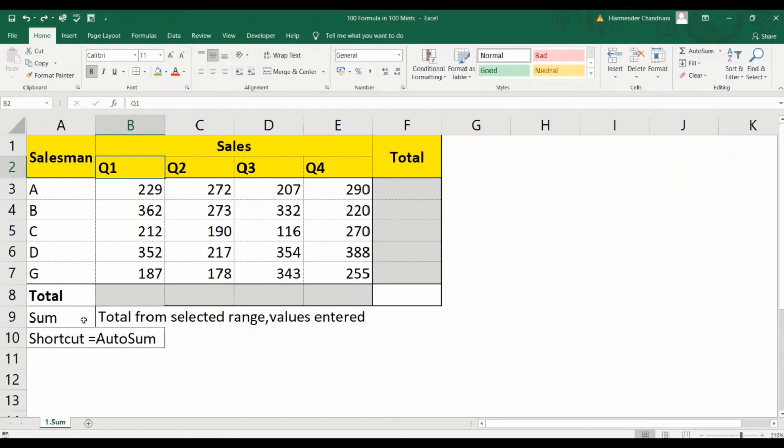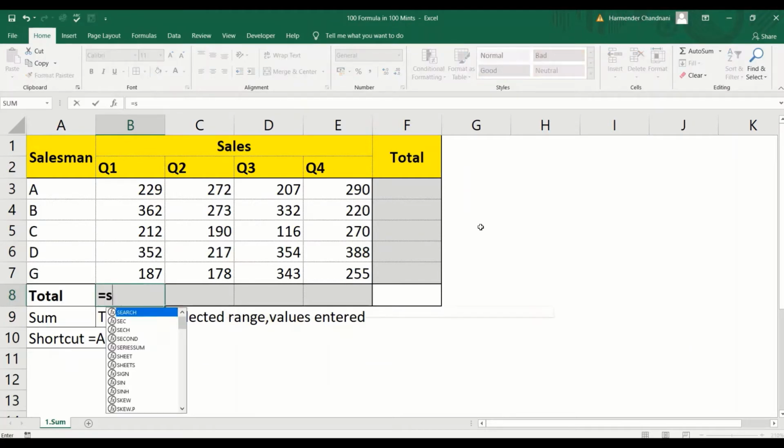First formula is the sum. It is very easy, but there are certain things you should learn to be a pro in Excel compared to your colleagues. The sum is basically a formula where you can get a total by simply writing the sum formula, and